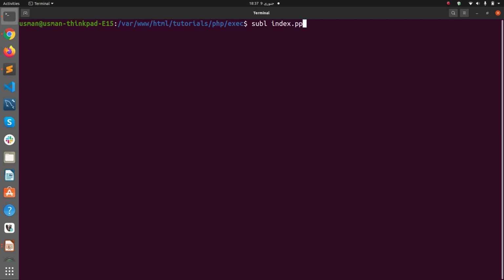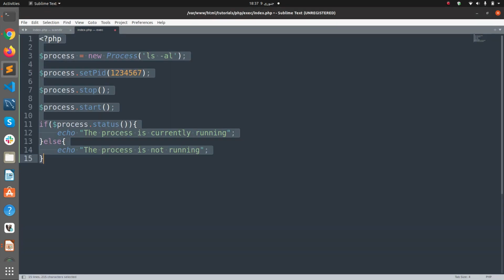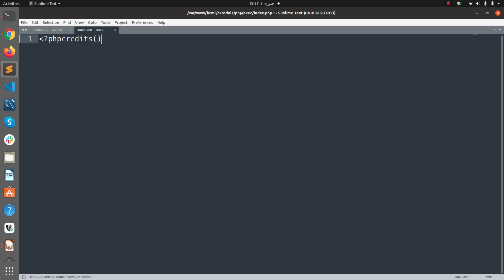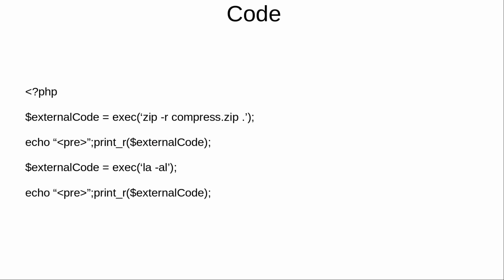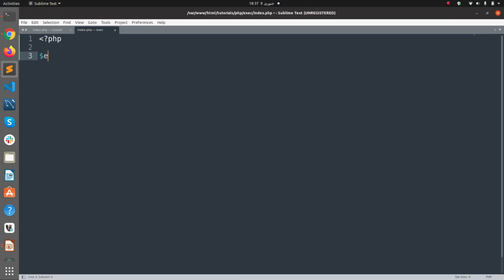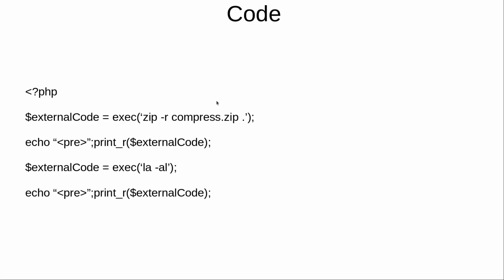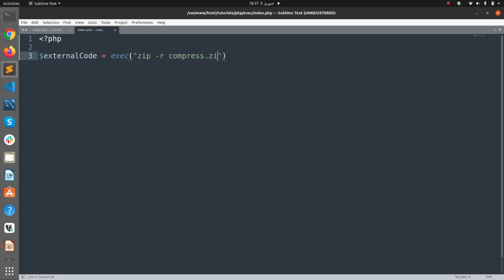.php. Okay. So first we have the process variable, and here we are creating external code equals exec, and here we are going to create a compress.zip file and compress all contents of directories and subdirectories, and then we are going to print if there is an output from the above command. We are going to print that output to the user